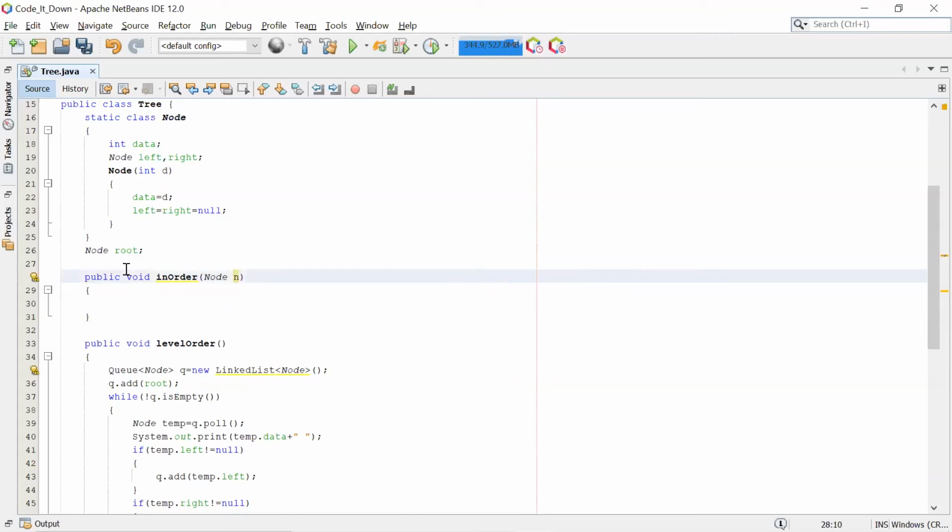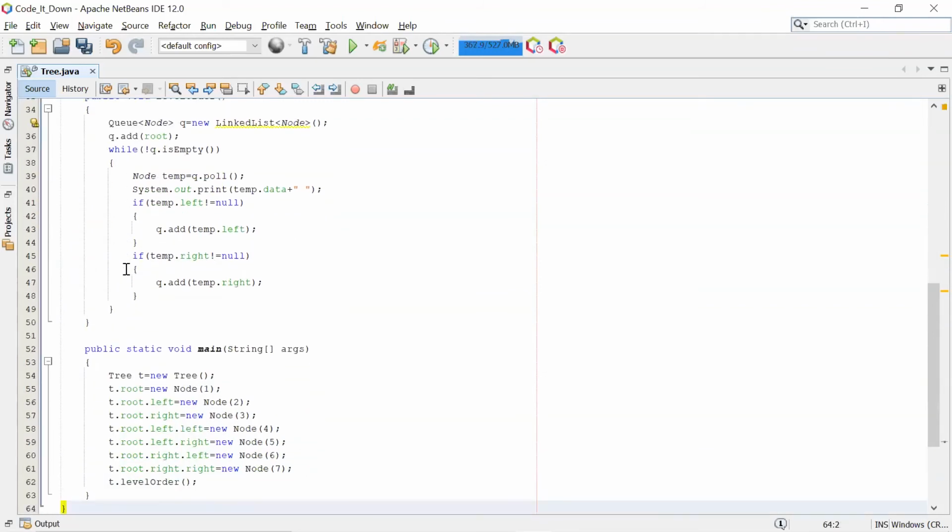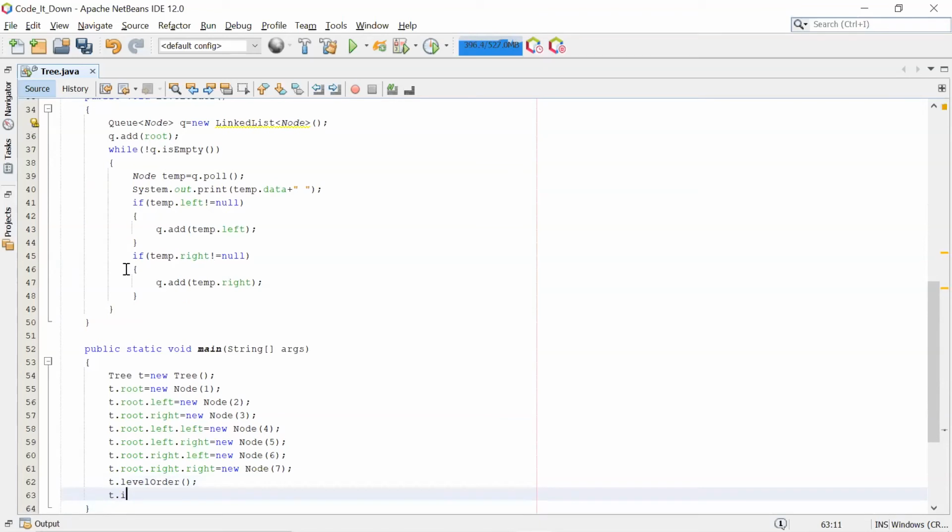Here this node n will be getting the value of root. Let me tell you how. When we call this, t dot inorder will send the value root, t dot root.